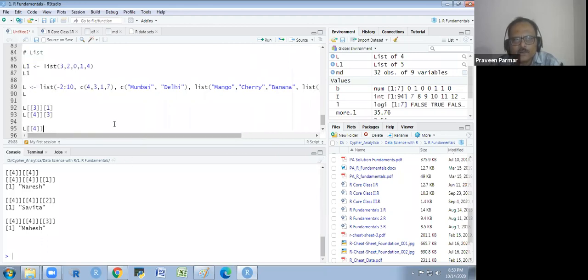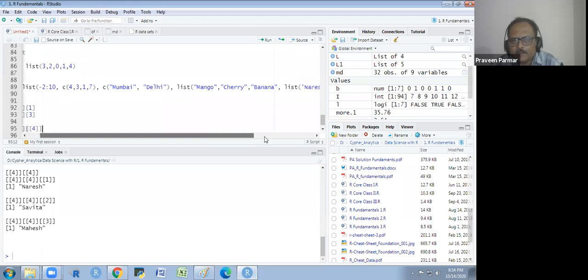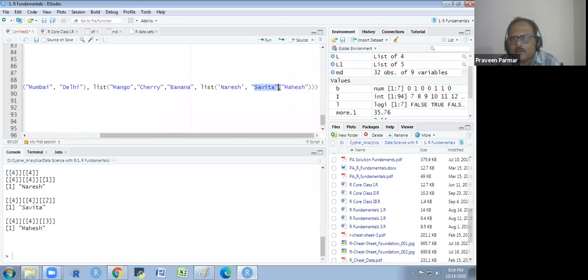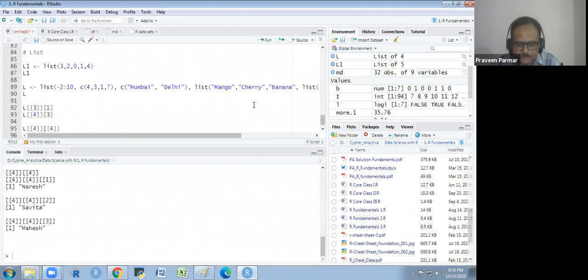I will write again a double square bracket and 4. Okay. And then the final element, Savita, is in a single square bracket. Second. Does that make sense to everyone?